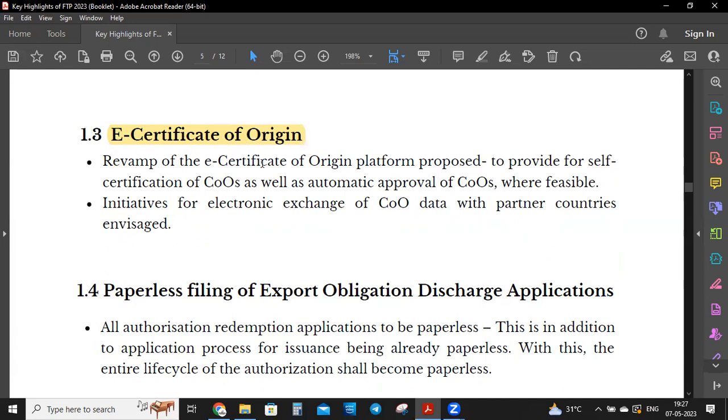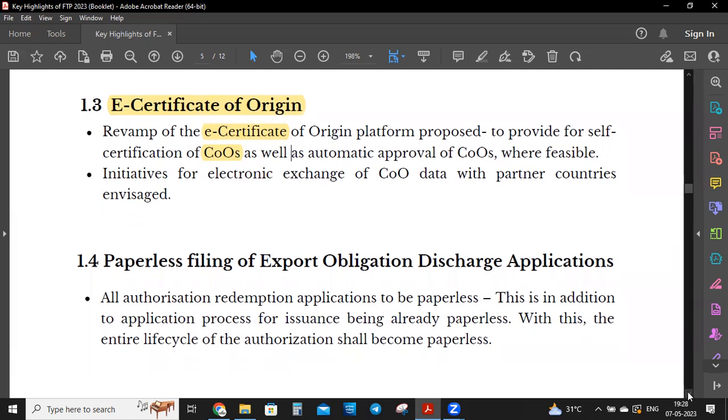So revamp of e-certificate of origin platform proposed to provide for self certification of certificate of origin as well as automatic approval of certificate of origin wherever feasible। तो फिर जहां भी feasible है वहां पे ऑटोमेटिकली सर्टिफिकेट ऑफ ओरिजिन क्रिएट हो जाएगा, एंड दे हैव रीवैम्प्ड द दिस टू ई सर्टिफिकेट। पहले क्या होता है फ्रेंड्स, लाइक नाउ डेज ऑल्सो जो सर्टिफिकेट ऑफ ओरिजिन है वो इन पर्सन दे हैव टू गो एंड दे हैव टू फाइल द डॉक्यूमेंट एंड देन दे विल गेट द सर्टिफिकेट ऑफ ओरिजिन।